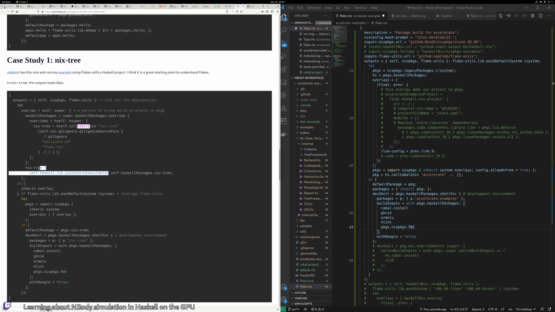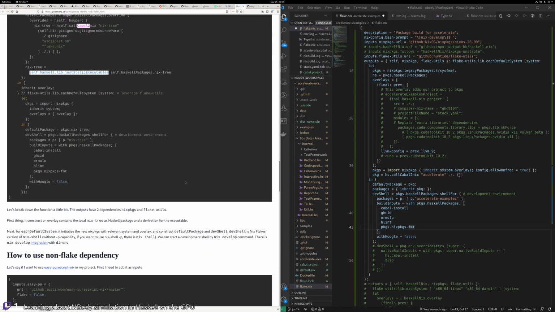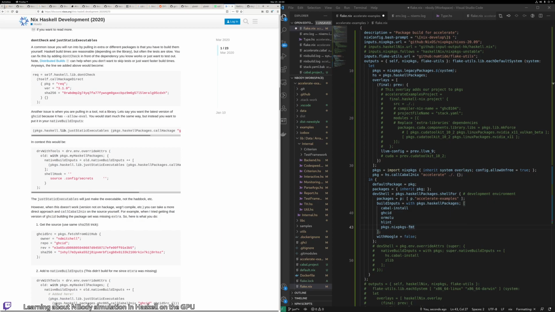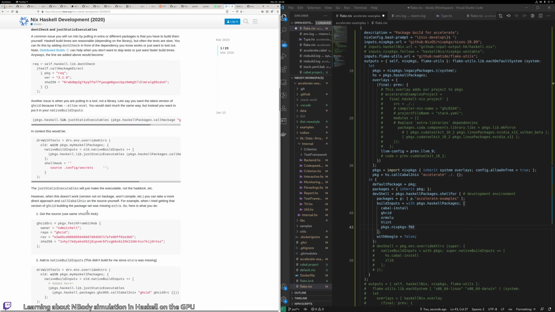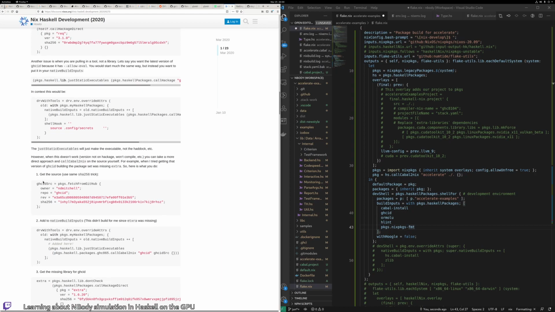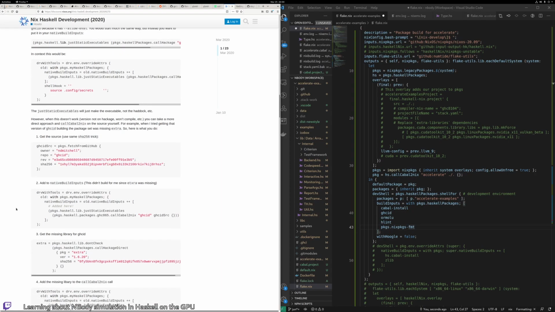And so what happens if we don't do just static executables? Yeah, that I don't get, why we do just static executable for. Ah, not the haddock. This doesn't work. You can take a more direct approach and call Cabal to Nix on the source itself, for example. Oh, I see. Ooh,